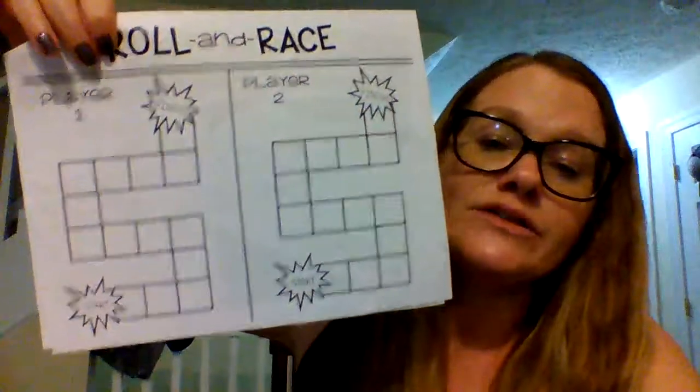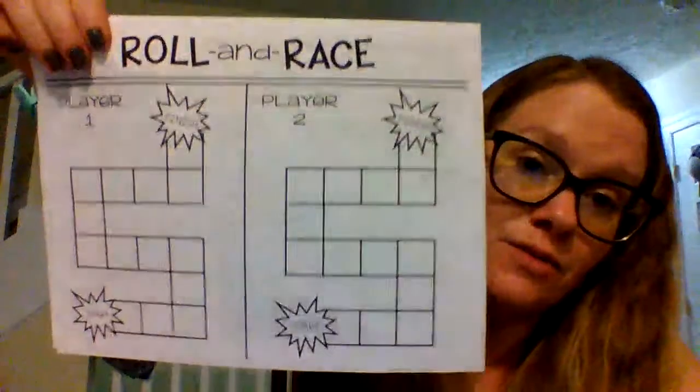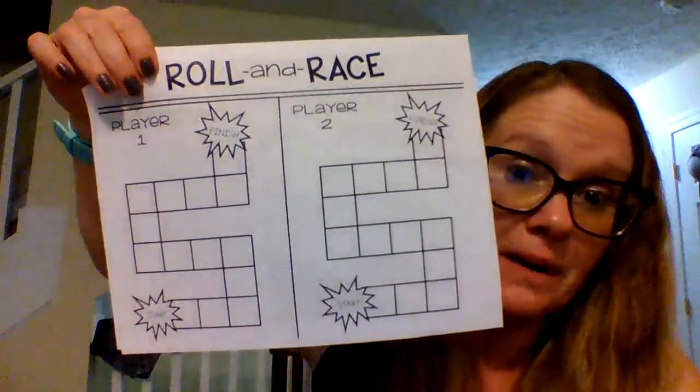So, you need a partner. If you don't have a partner, you can modify this to play by yourself. You would just write the equation as you go. By equation, let's review, it means like 2 plus 2 is 4. That's an equation, right? So if you are playing with a brother, sister, mom, or dad, or grandpa, grandma, you